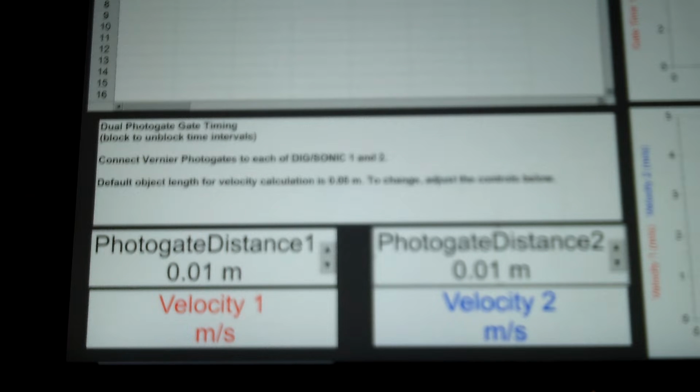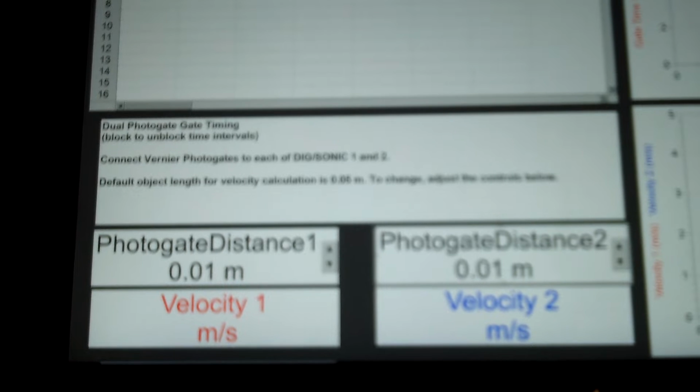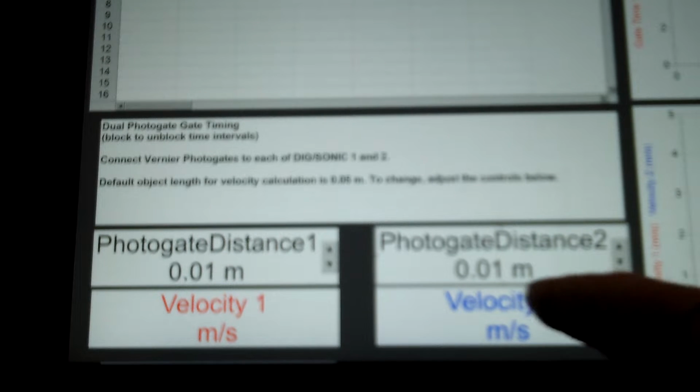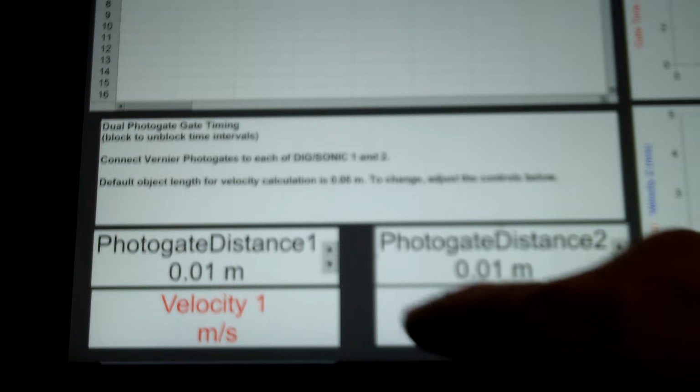Okay, we're going to try this again. This is the Henstitute lab. We've got our two different velocities down here. So what we're going to do is look at velocity 2 first, and it should pop up